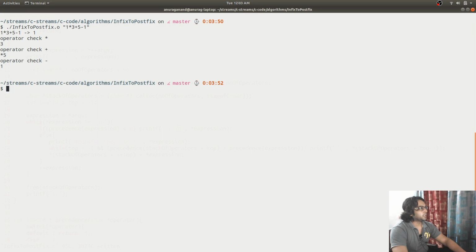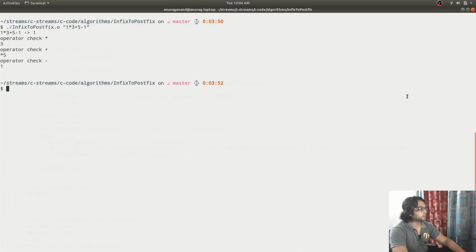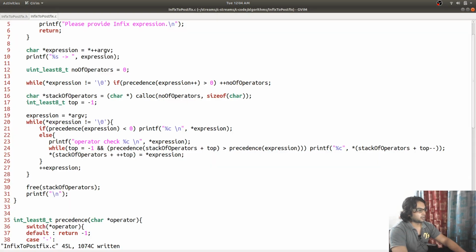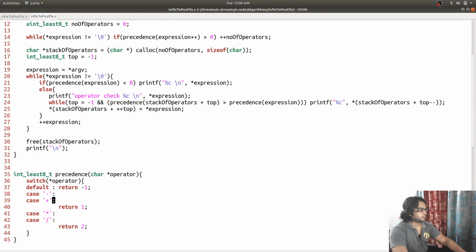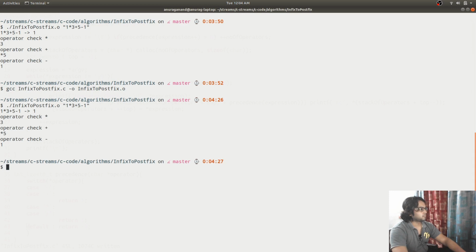Okay, I'm getting the correct operators: multiplication, addition, subtraction, and everything is correct, and it is going to 1 3 multiplied by 5 1.